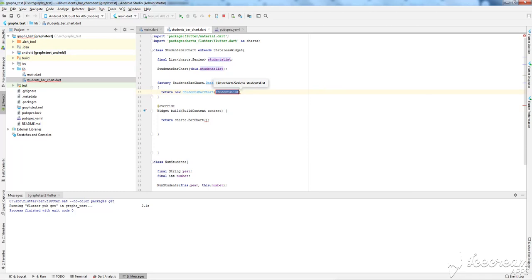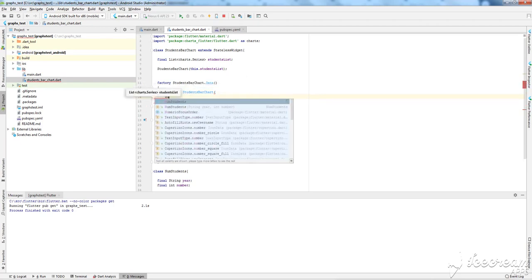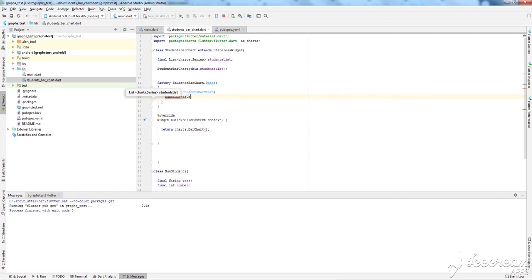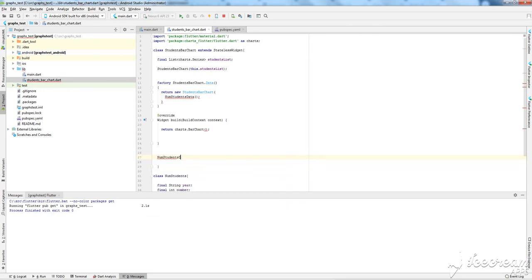We already have the student list, so let's call that this series is actually returned by a function which is called num students data. And now we will create this function, num students data function,